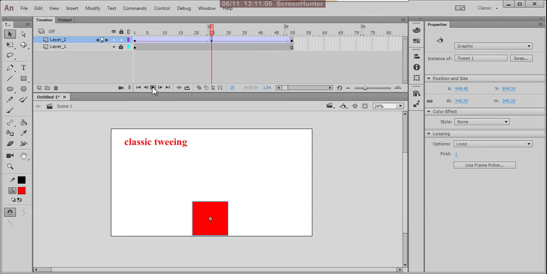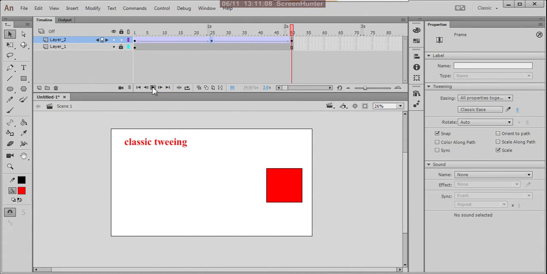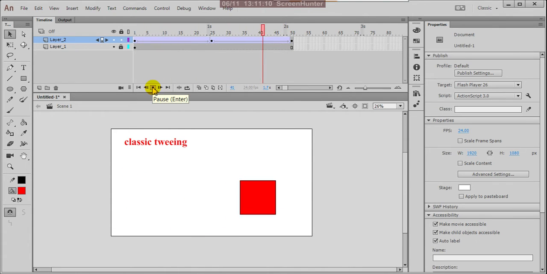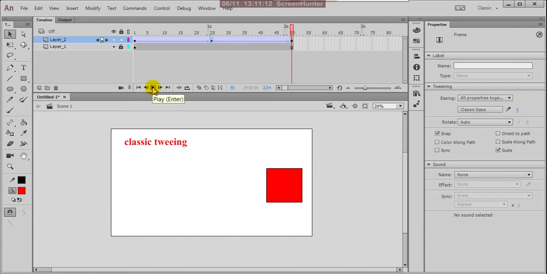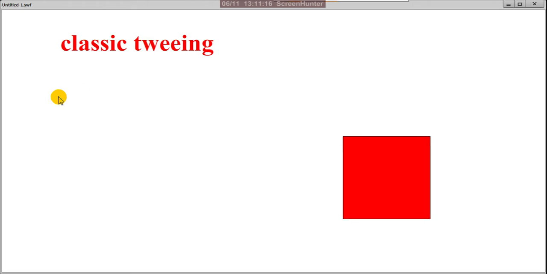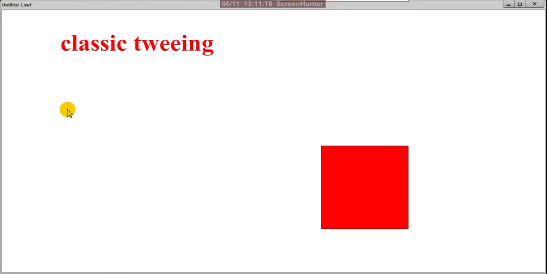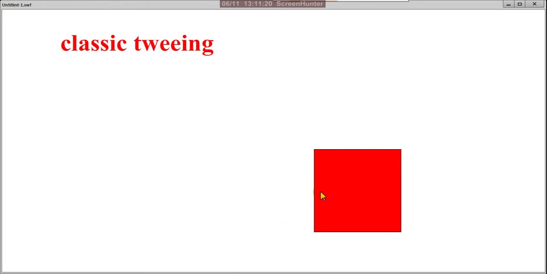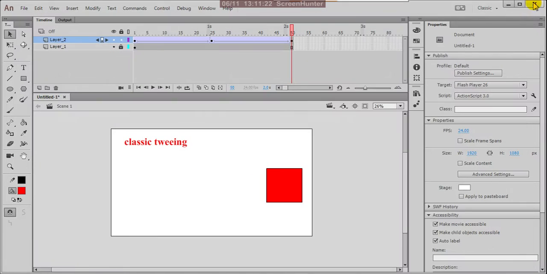Now if you observe, see your animation, press Control Enter. Starting and reaching down and going up. So already we gave a new keyframe here.